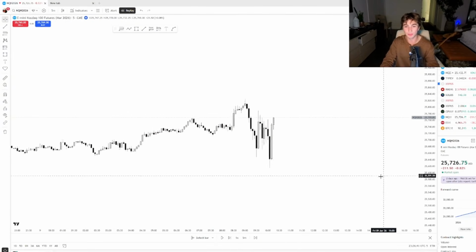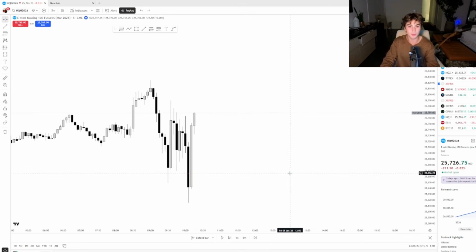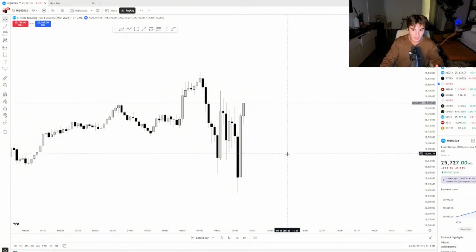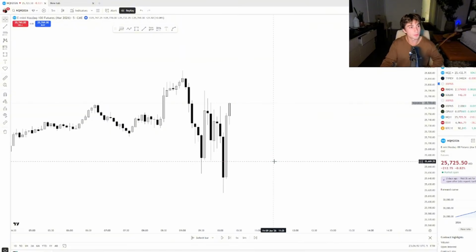I can't just teach you inversions without also elaborating on fair value gaps. It's really important that I show you how they work hand in hand. But the way you have to think about it is that an inversion is what confirms an idea, pretty much. Everything starts with an idea. If we're bouncing off this 1 hour gap, and then we're bouncing off this 5 minute gap, how do we know if price wants to go higher? Well, we confirm it through an inversion.